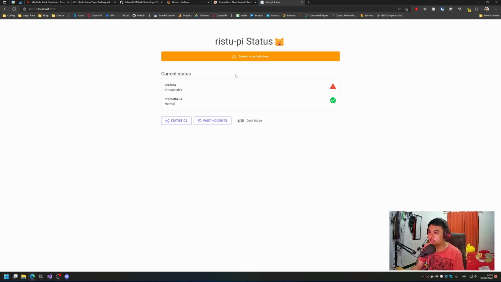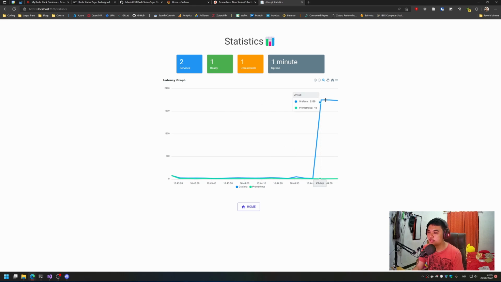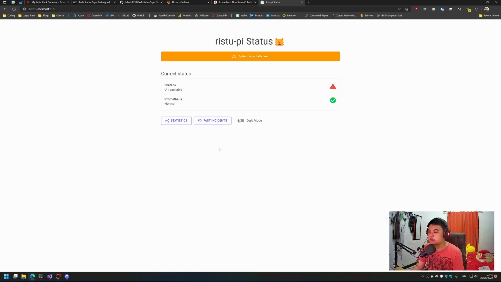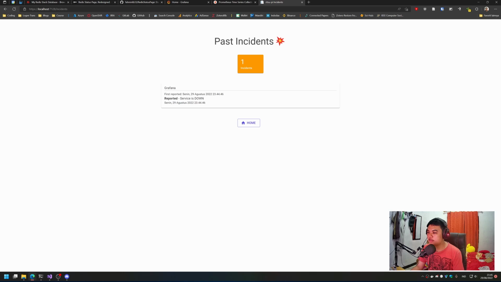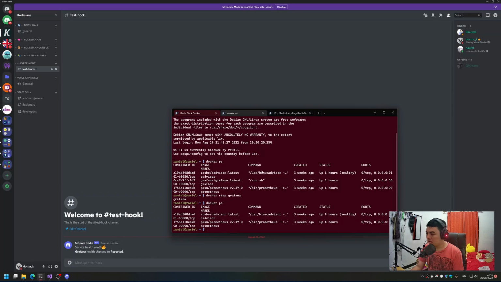When we refresh the page, it will say system is partially down, Grafana is unreachable. When we see the statistics, it will say unreachable, and we have a spike in latency. Grafana has a latency of 2100 milliseconds, so it basically timed out, and we cannot reach it. And when we see the past incidents, it will say service is down. And also when we see the Discord, it will say Grafana has changed to reported. And when we start it again,